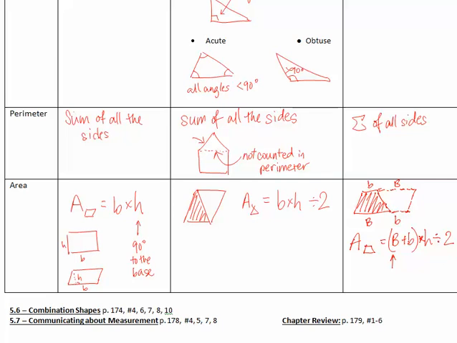So when you take a complex shape, you can divide it into smaller shapes. You can add the areas together, but be careful not to add the perimeters together, because you'll just need to find the sum of the sides for that one. We'll do a couple of these practice questions in class. Then we're going to work on 5.7 next, and then we'll be ready